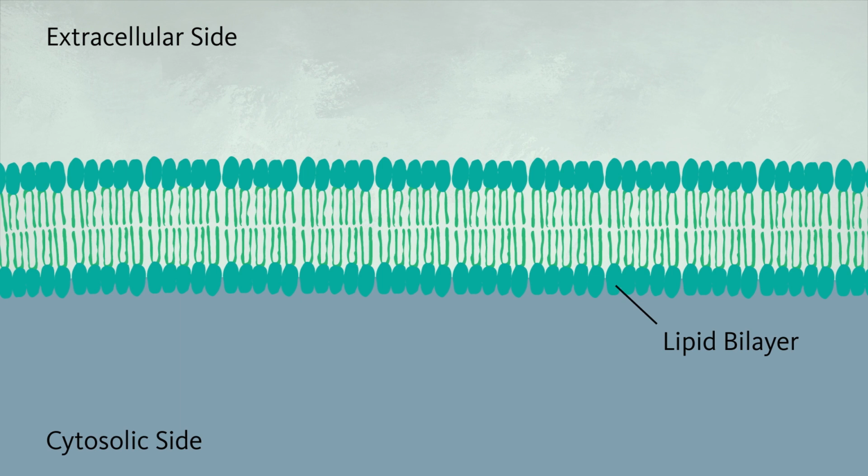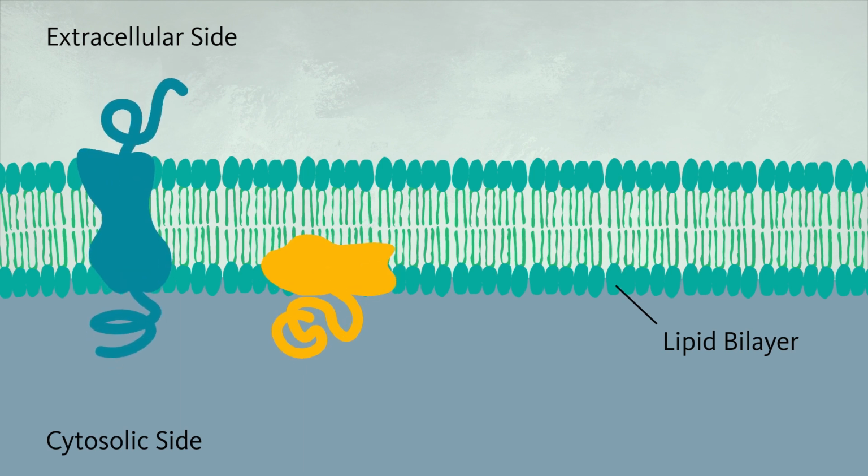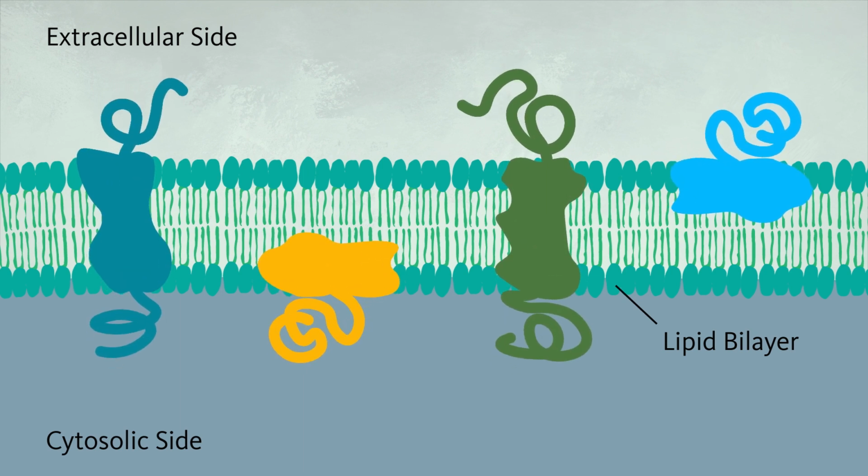With small variations to this protocol, we can additionally determine if it is a transmembrane protein or a monolayer associated protein, but these won't be explored in this animation. There are many different types of membrane proteins, and here are just a few of them. You'll notice that some of them have exposure to the extracellular side, and some don't. In addition, there are proteins that have sugar groups added. These are the things shown in blue. When we have these sugar groups added, these proteins are called glycoproteins, glyco meaning sugar.